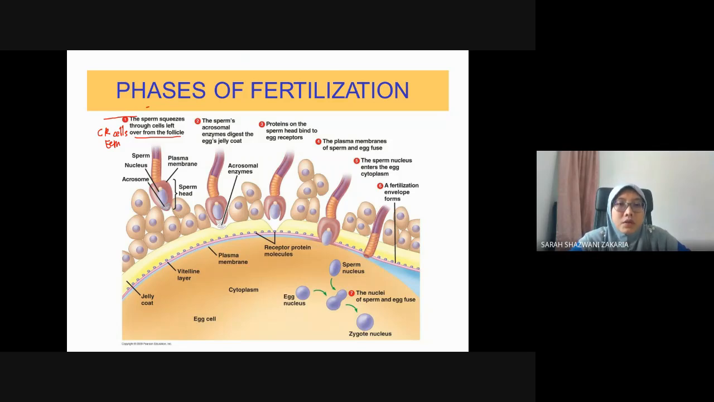Okay, after penetrating the corona radiata layers, they will meet the jelly coat. Here the sperm acrosomal enzyme digests the egg's jelly coat. So now it almost enters the zona pellucida, the perivitelline space. Just check in the reference book these jelly coats. So the acrosomal enzyme, we call it acrosomal enzyme. Why is this enzyme inside the acrosome? So refresh back